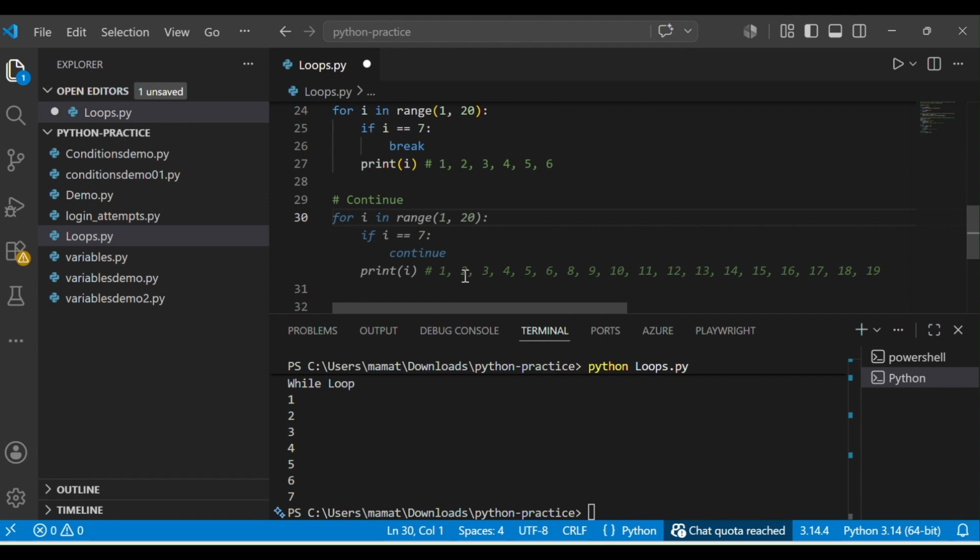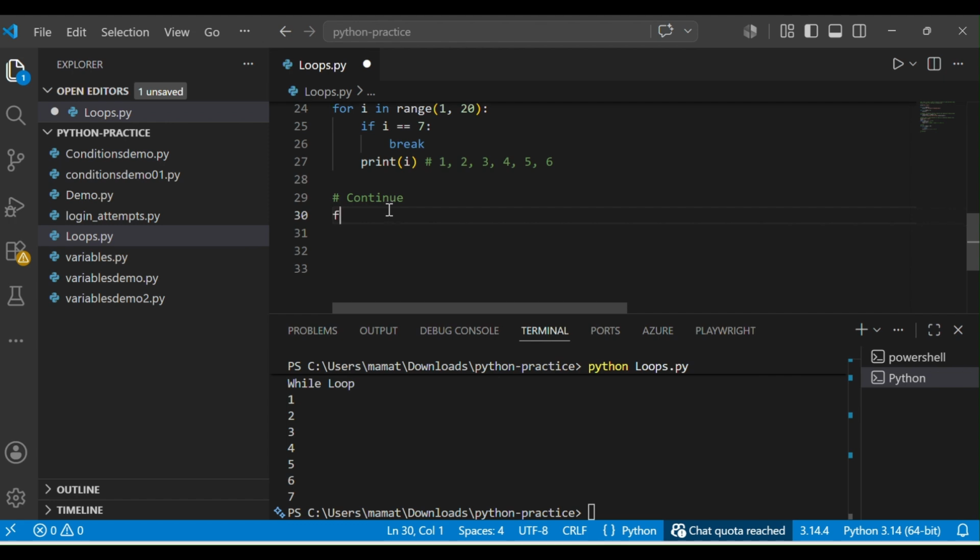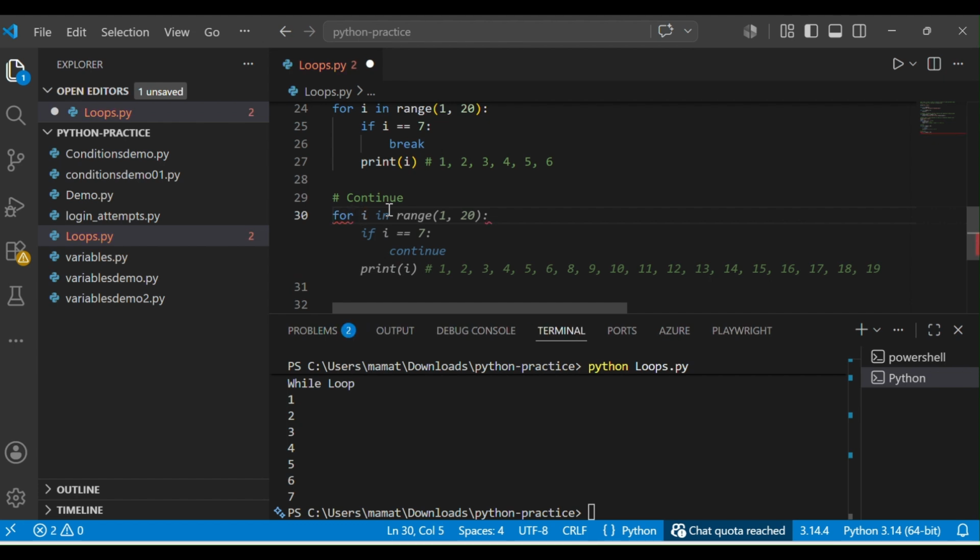In the same way we can use the continue statement also. The continue statement will skip only the specified record; only that record is going to skip the execution. Let's take an example. I have the user IDs 1 to 10. Ten users are there, and I just don't want to print the sixth user's details.